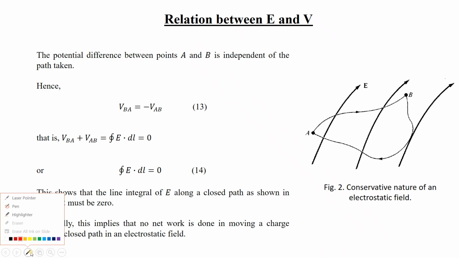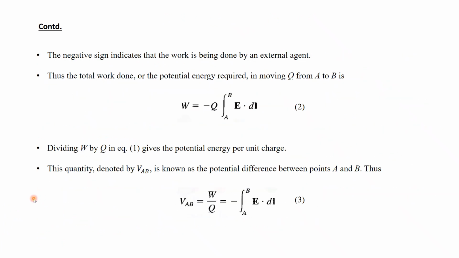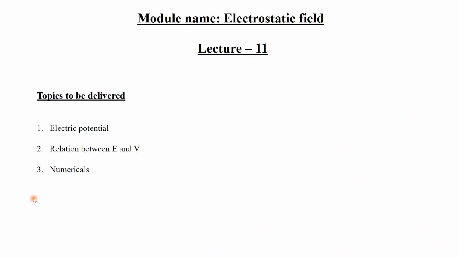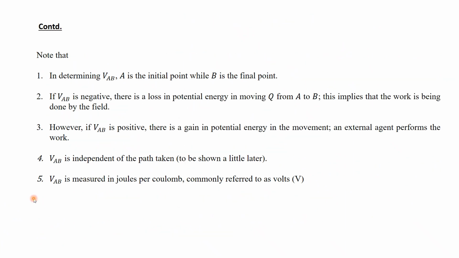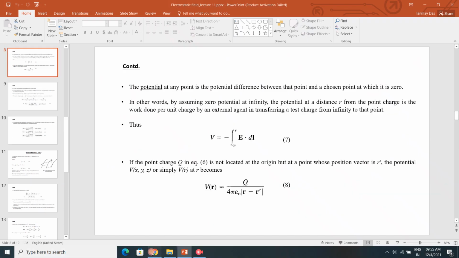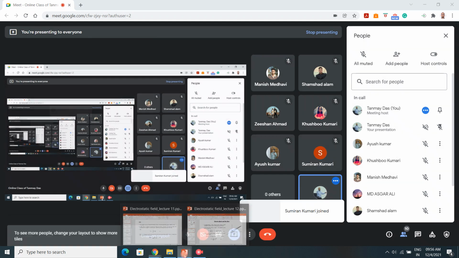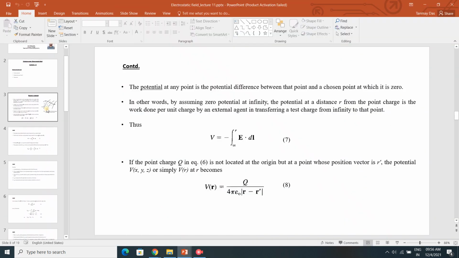In the last class, we discussed electric potential. It is the work done to bring a unit positive charge from infinity to a point A, suppose. And potential difference is actually... Okay, so if there are two points, suppose point A and point B, then